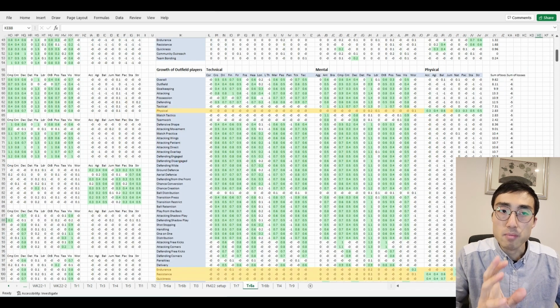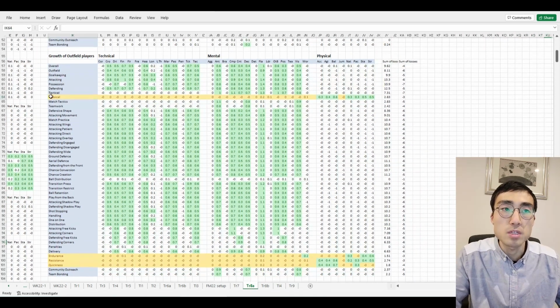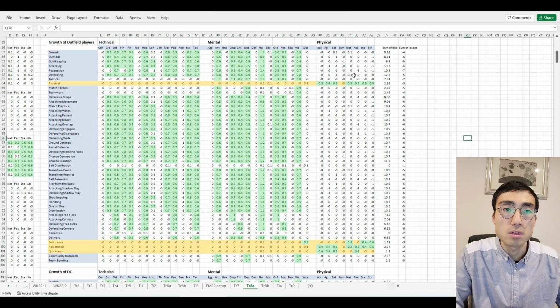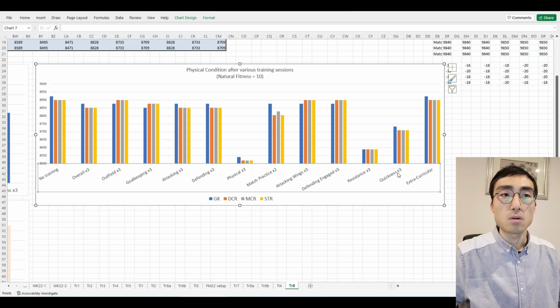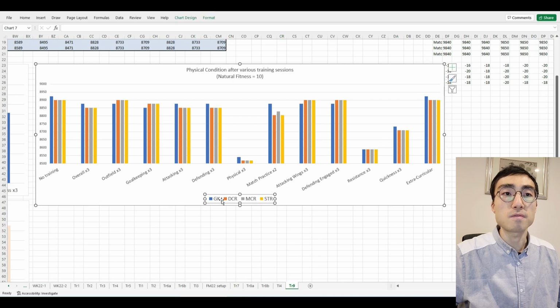If you've watched my previous videos, you'll remember that these sessions, physical, endurance, and quickness, promote the growth of physical attributes of players in FM22. So you can tell that in FM22, training sessions that boost the physical attributes of players tend to make your players more tired. Also, you can see that I've subdivided these results into 4 different playing positions: goalkeepers, defenders,